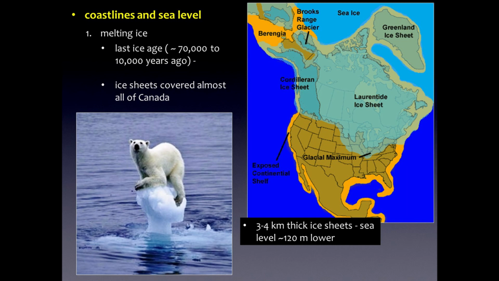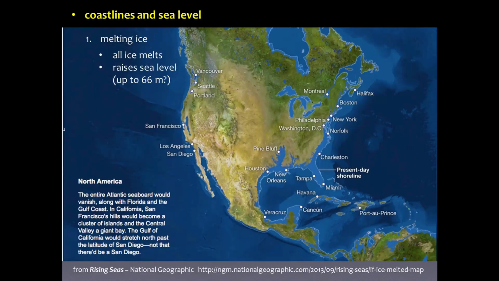The opposite, you melt all that ice, you're going to cause a rise in sea level, and quite a significant rise in sea level. Here is a hypothetical model of what would happen in terms of the modern day coastlines if all ice melts. So if we melt all the ice that forms part of the Greenland ice sheet, all the ice of the Antarctic ice sheet, and then any other ice we have present on the planet. And you can see that the belief is, and these are estimates, I've actually seen some higher estimates lately, that it would raise sea levels by at least 6, or potentially up to a